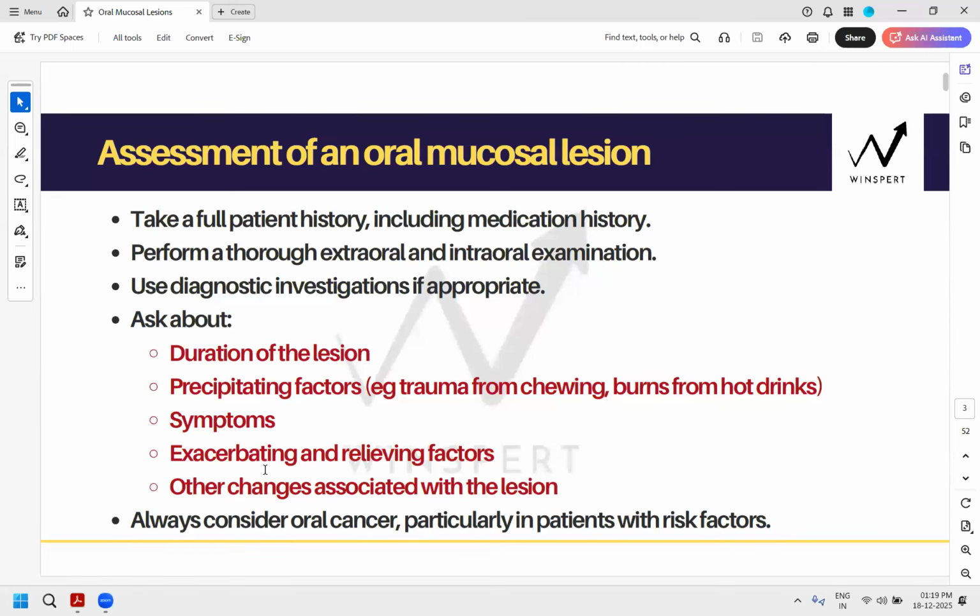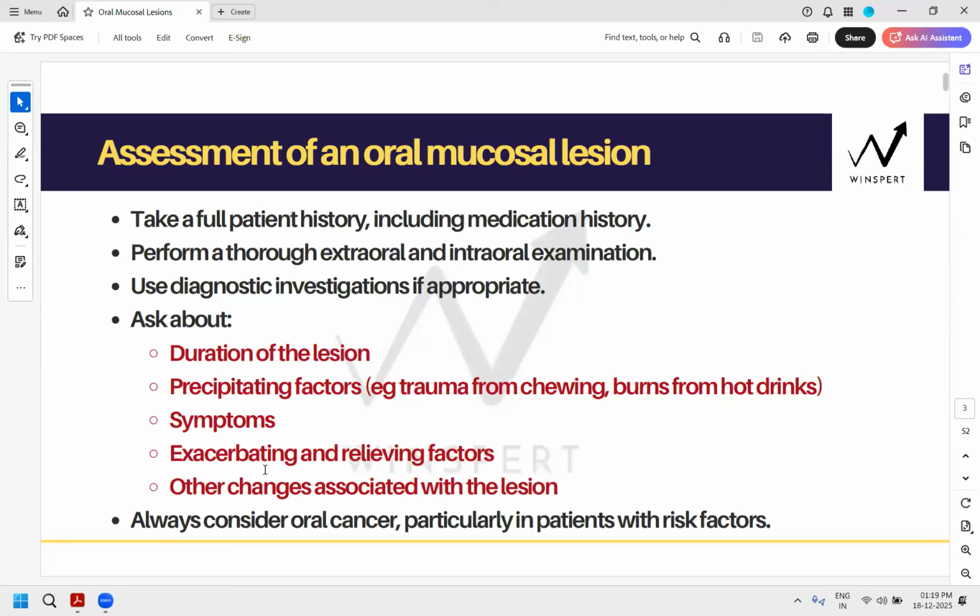So if you're looking at the wrong places, wrong keywords, and not knowing what to find, you can miss out on the question. So what you should be focusing on is the duration of the lesion, because 2 weeks or more is a red flag, and red flags require immediate referral.